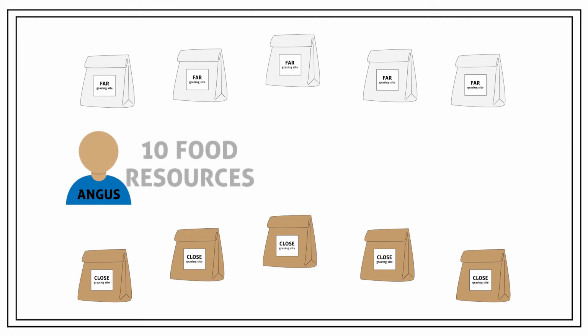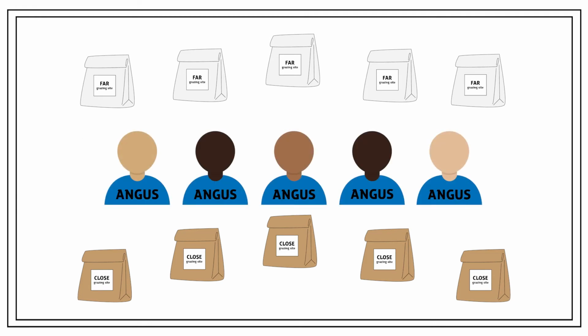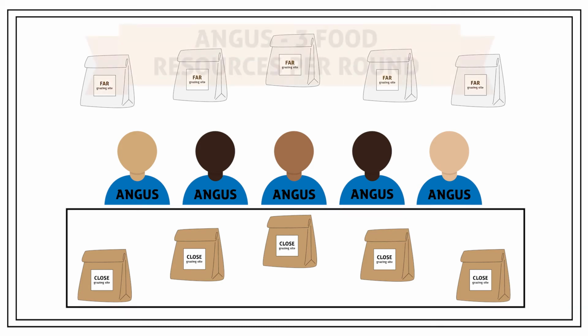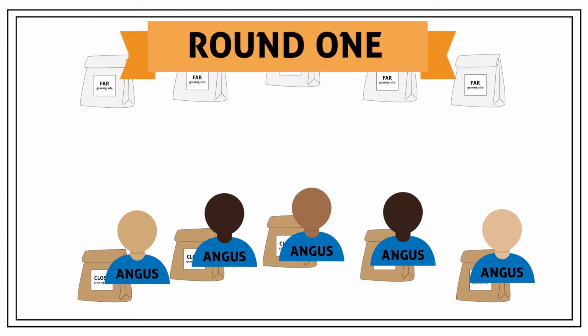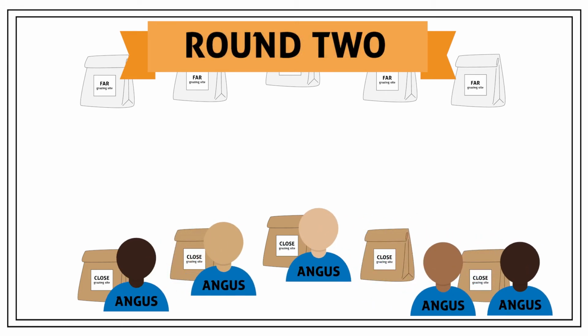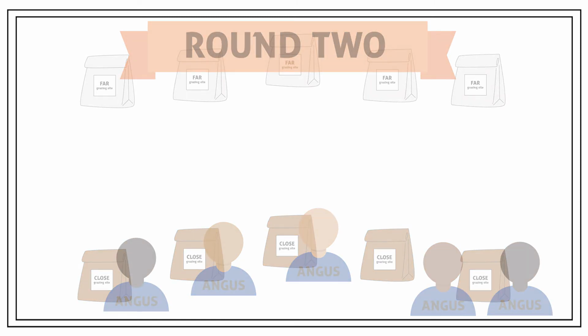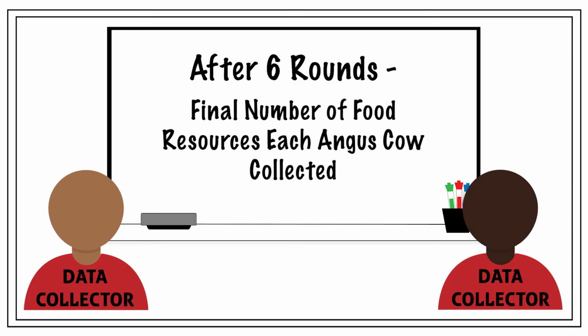Angus cows are trying to collect 10 food resources by the end of the 6-round trial, and Criollo are trying to collect 7. If they don't, the rancher will need to supplement their diet with hay or other foods, which costs more money. Angus cows will go first. Remember that Angus are only able to travel among close sites and can collect a maximum of 3 resources per round. Choose a starting site, open the bag, collect resources without looking, and fold the bag back up. When your teacher says it's time for the next round, move to another site. After 6 rounds, the data collectors will record the final numbers of food resources each cow collected on the